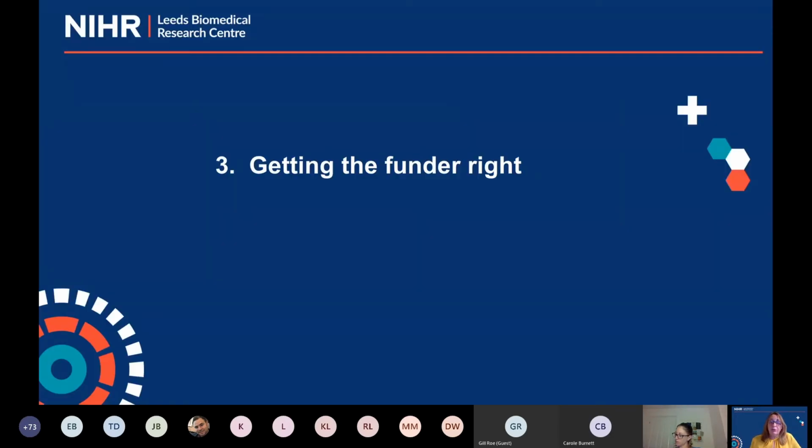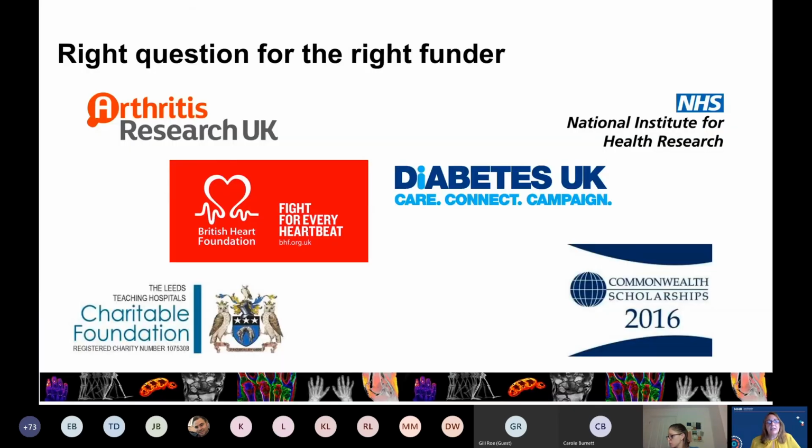Also important is getting the funder right, and I very much worry that people have this very scattergun approach. They've got an idea, they're going to try and get it funded. So, I've just realised I've got the old Arthritis Research UK, it should be Versus Arthritis. So these are just a number of different organisations, and quite clearly,